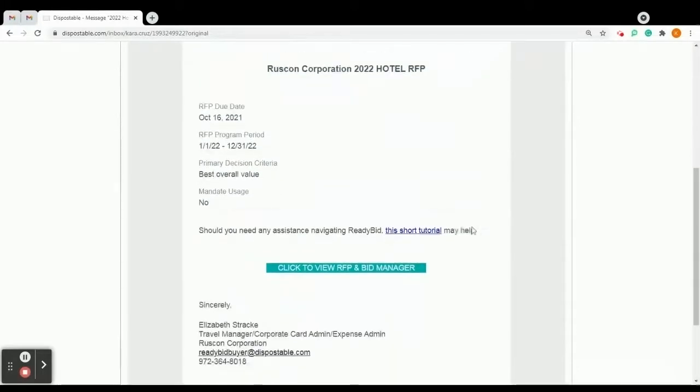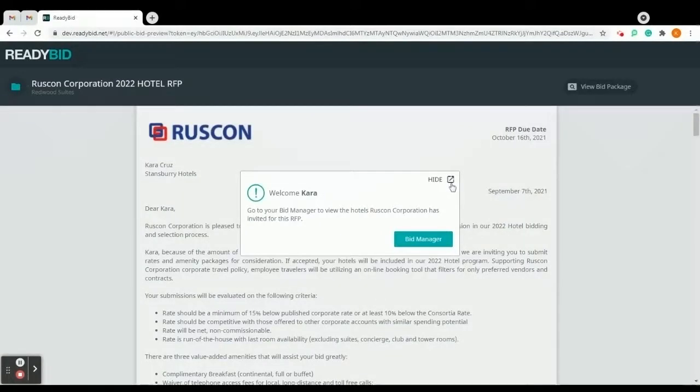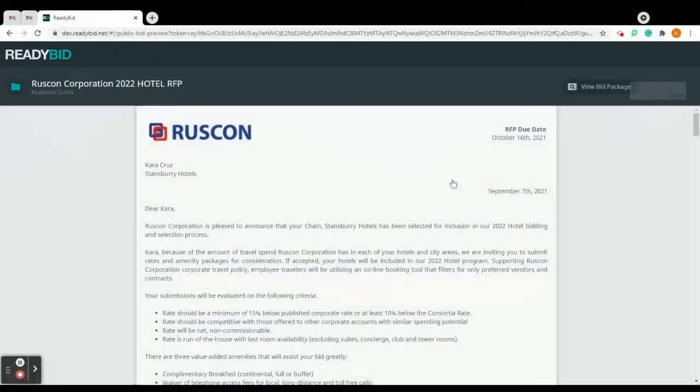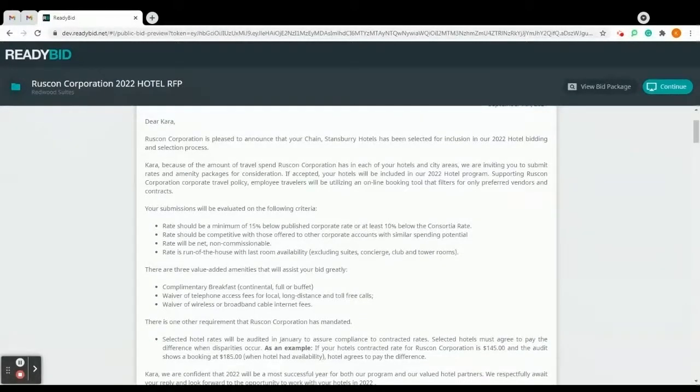Let's scroll down and click this blue button here, click to view RFP, and be directed to this RFP overview page. There are some important details you may want to take notice of here, but the next step would be to click continue up here.